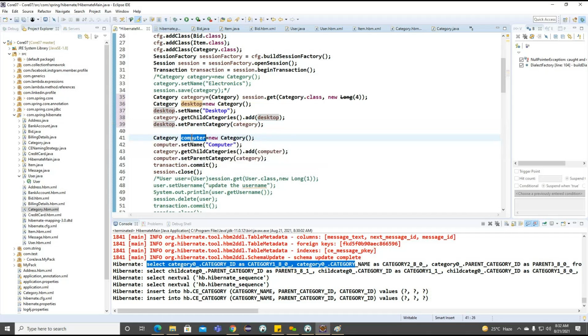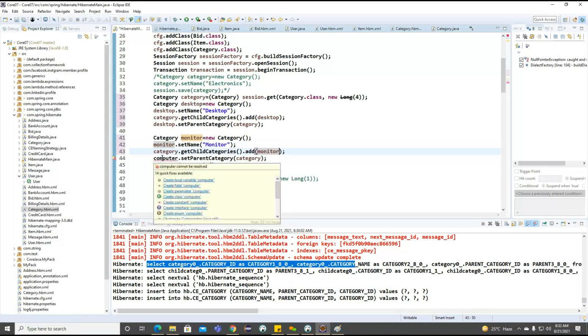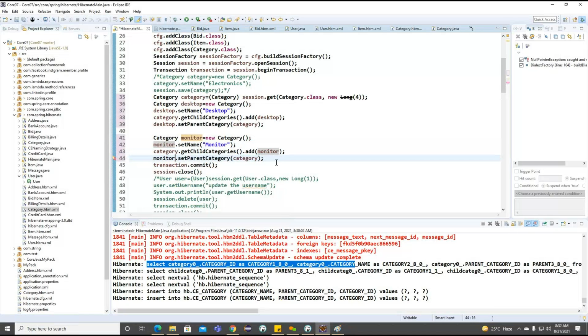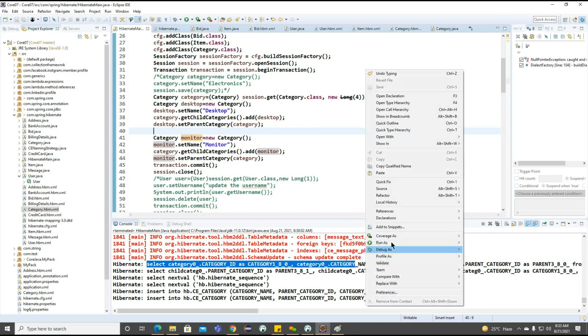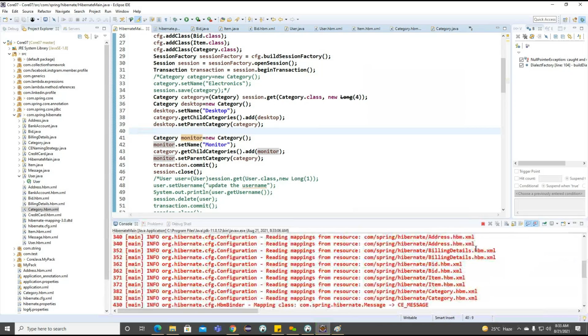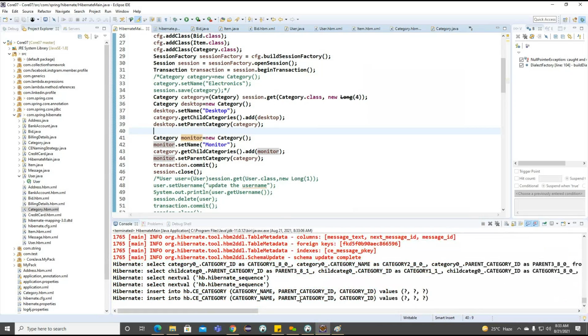And the same way, here we can go for the monitor. Change this particular computer to monitor, and monitor. Save this. If I run the same example one more time, now you can see.